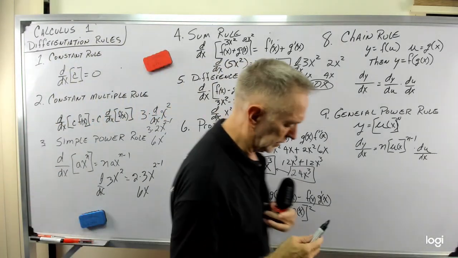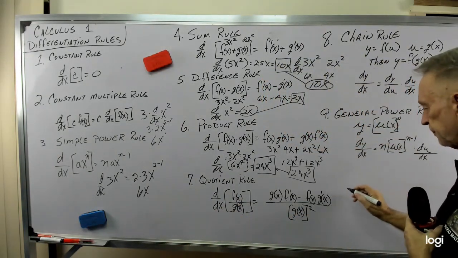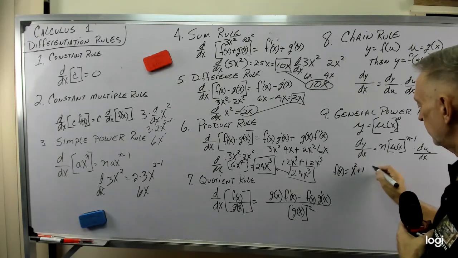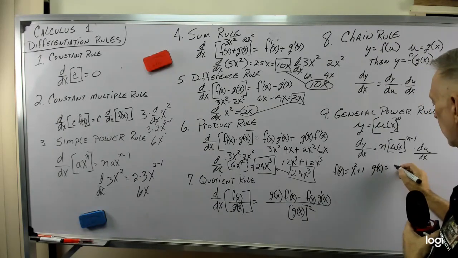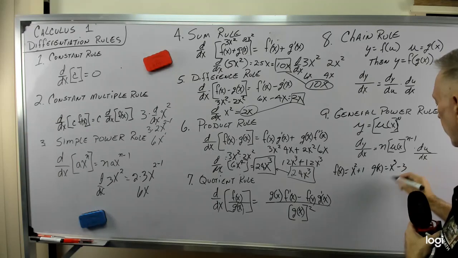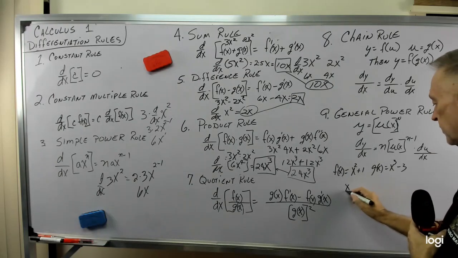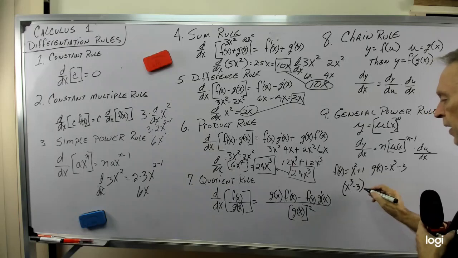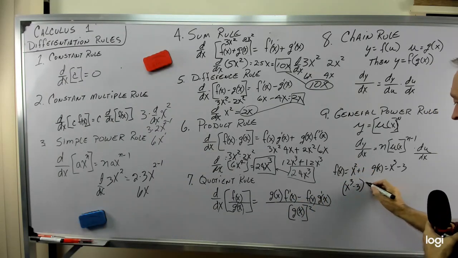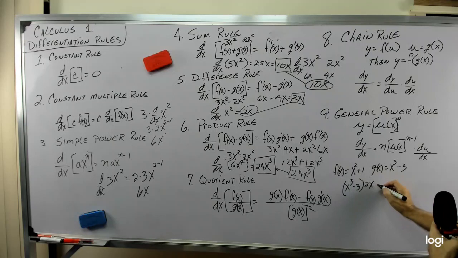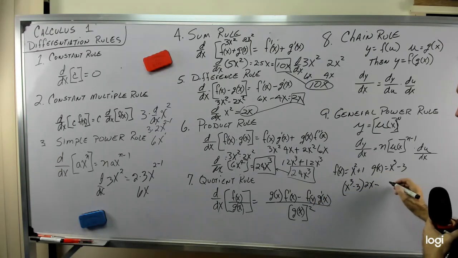So let's see if I can get around here and work a function. Let's say f of x equals x to the second power plus 1, g of x equals x cubed minus 3. So this would be saying take g of x, x cubed minus 3, times the derivative of f of x, which is 2x. So 2 times x to the 2 minus 1, so that's x to the first power, minus f of x, which was x to the second power plus 1. I put these in parentheses because it's minus everything over here,